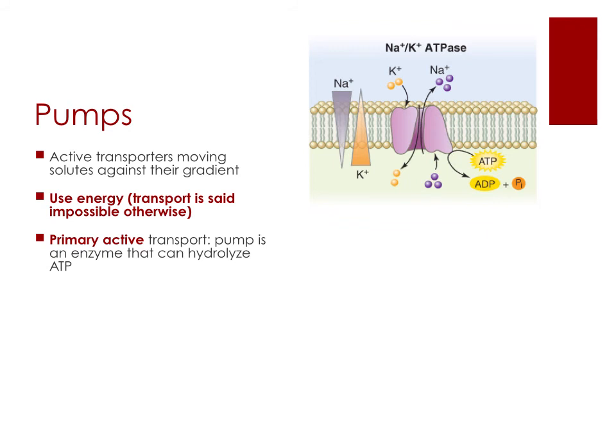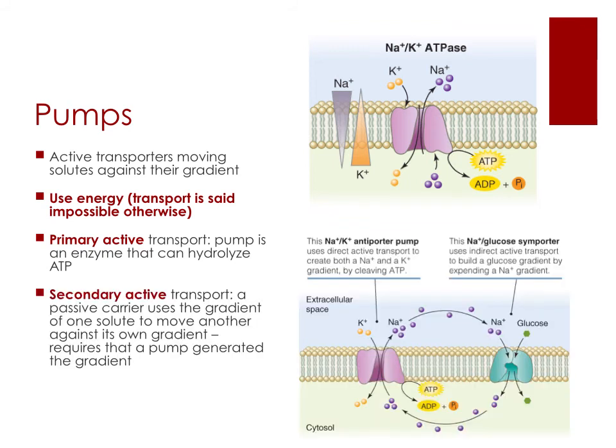Now, a lot of transports also require secondary active transport, and in fact, it is a means of transport in which a primary transporter will build a gradient, and then a secondary transporter will use the gradient that has been built by the primary active transporter in order to move a solute against its concentration gradient. So we saw previously that sodium and glucose can be moved by the means of a passive transporter,